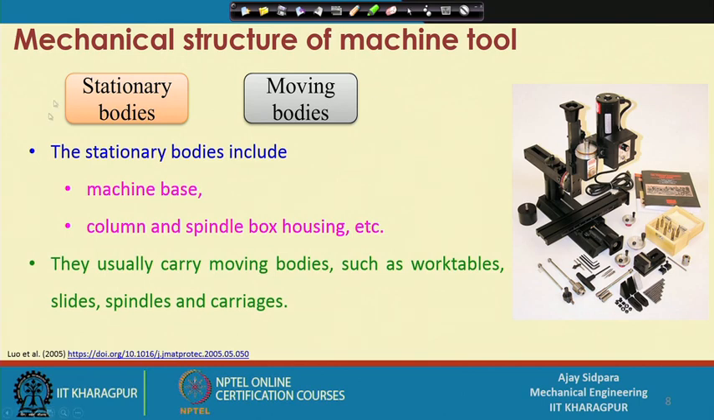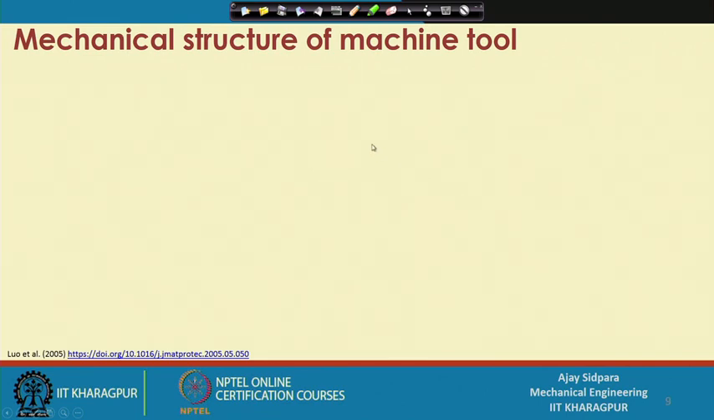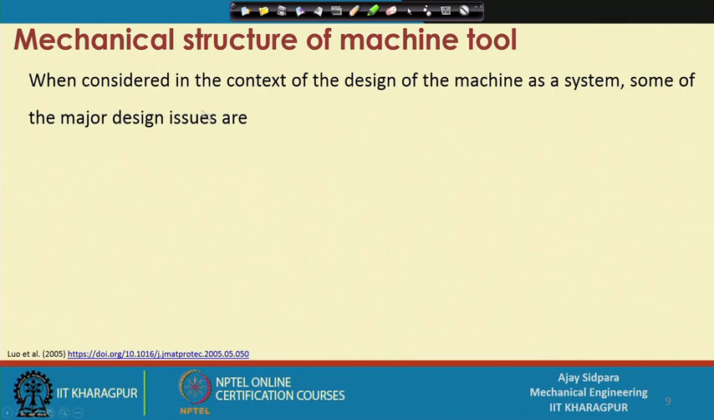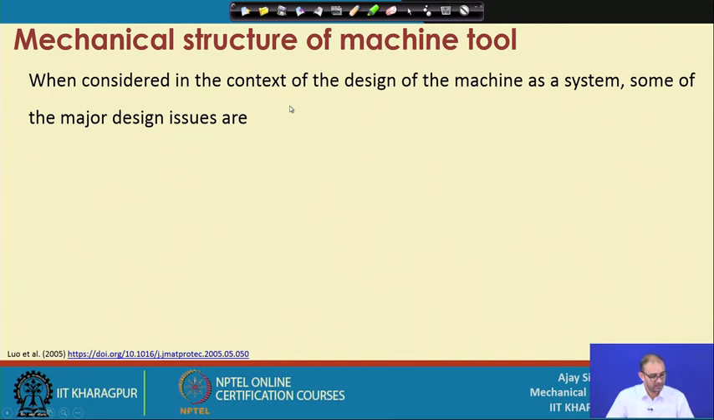So, let us continue this topic ahead, and we have also seen that there are different components, stationary bodies and moving bodies. The stationary body will carry the moving body, so that they can move from one location to another location to get the things done. So, when you consider the design of a machine as a system, there are some major design issues available. Those things are stiffness and damping,